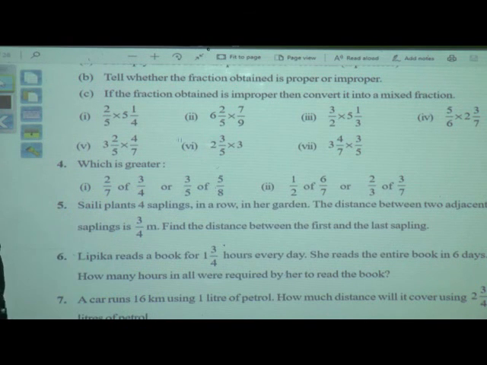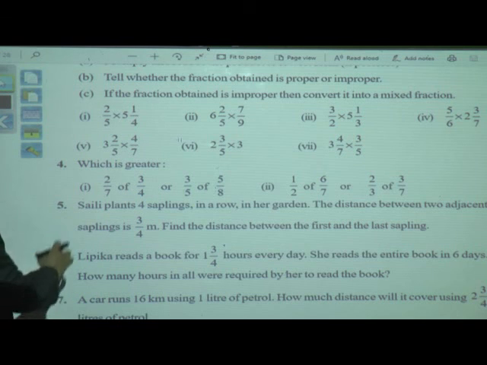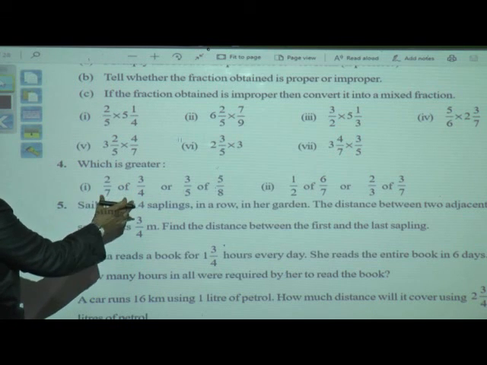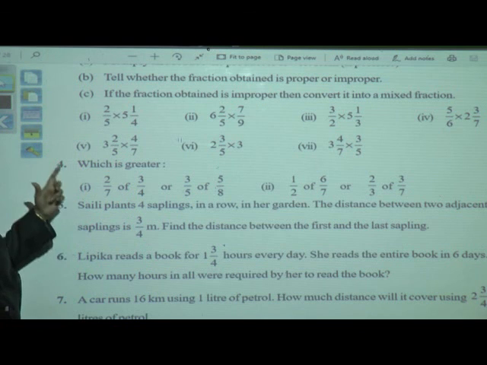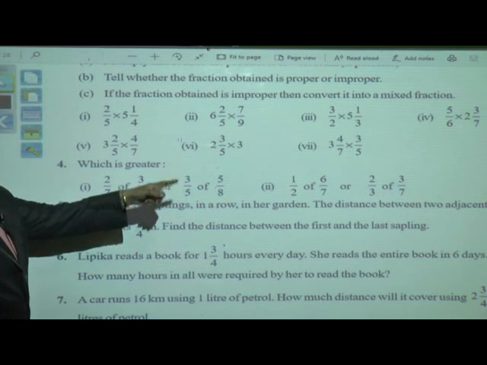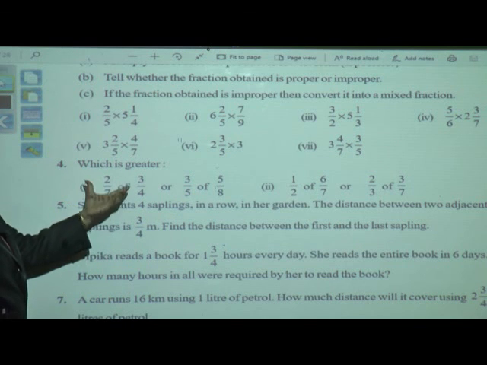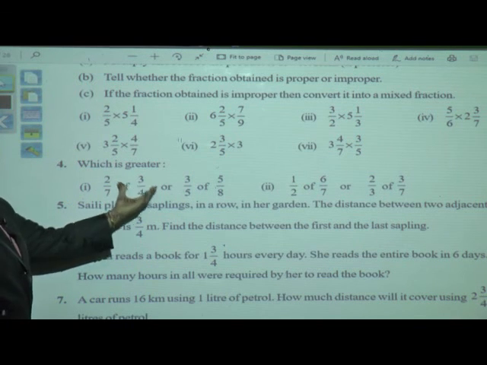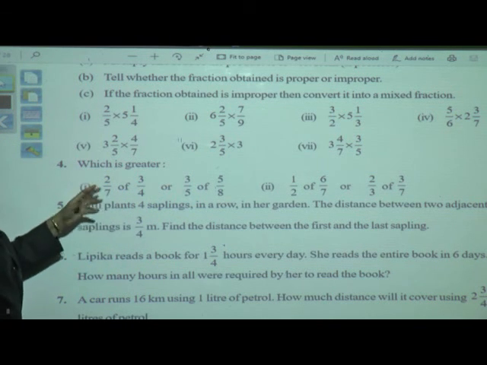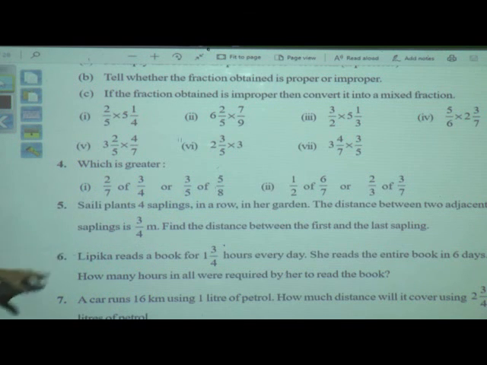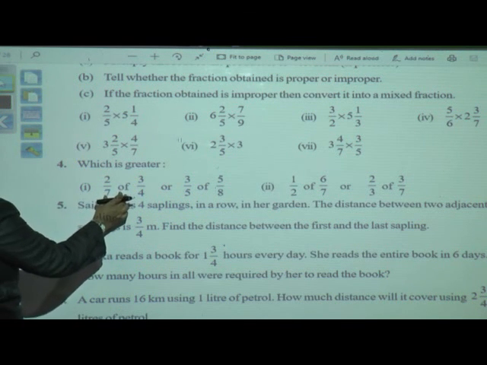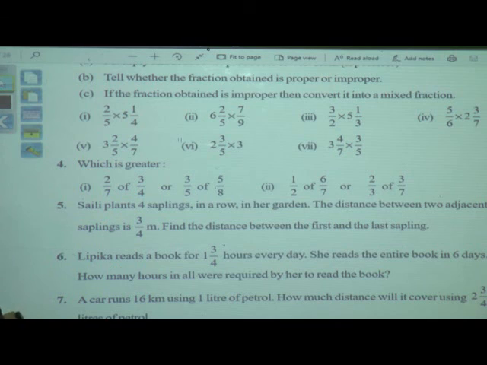First, you have to find out the LCM and we have to find out the fractions. If both have the same denominator, then only we can say which number in the numerator is greater, that fraction is greater. Here we have 2 examples similarly. Is this set of fractions greater or is this set of fractions greater? What I told, we have to first do, which one is greater, that is having the same denominator.